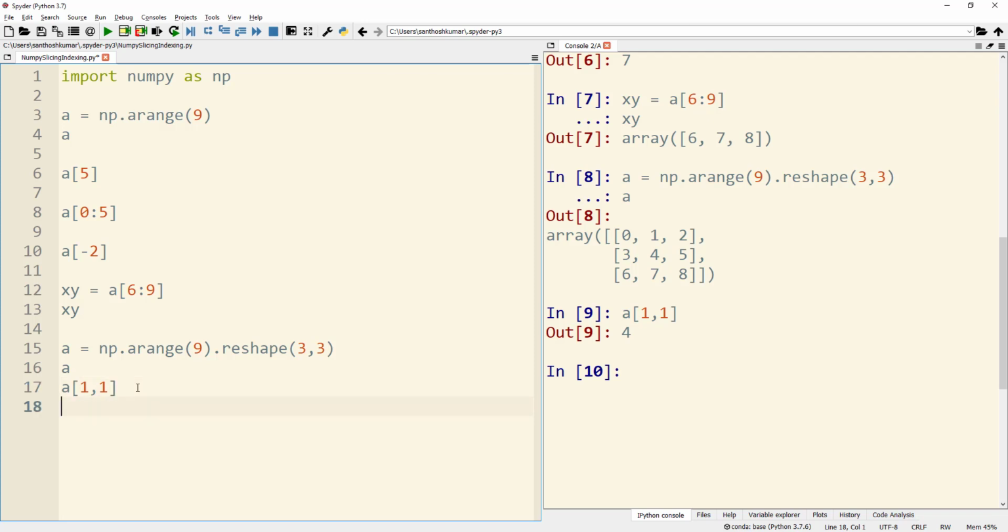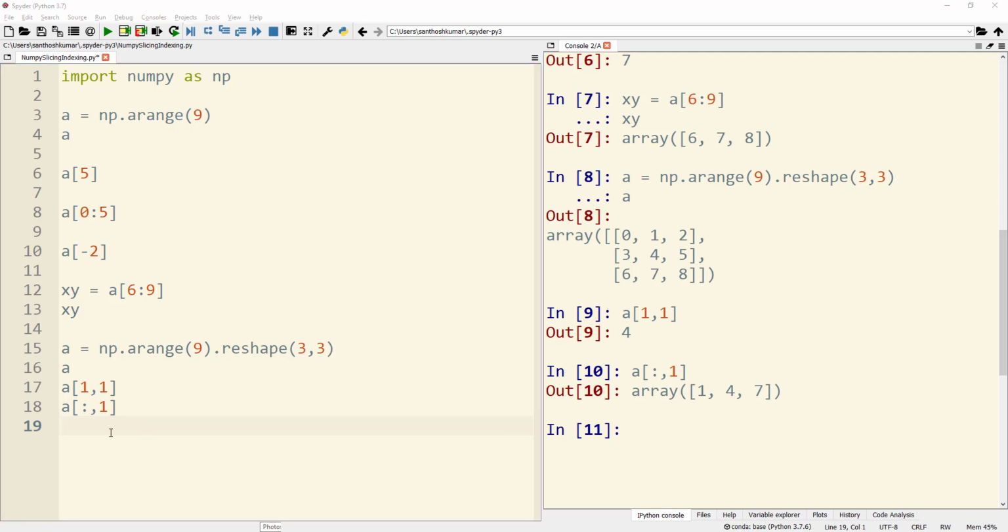So I can also just slice it. Say for example, if I wanted to get all the rows from a, so for the row I am just giving colon, and I just wanted to get the column with index 1. So when I run this piece of code, you can see the values 1, 4 and 7 here. So it has just taken all the rows and then it has taken the column with index 1. So likewise, I can use this to slice different values.